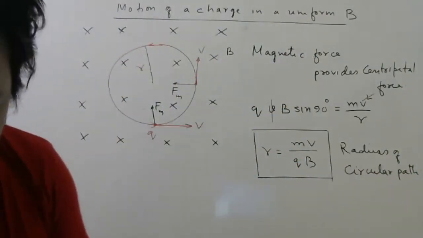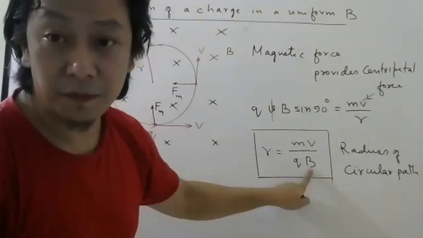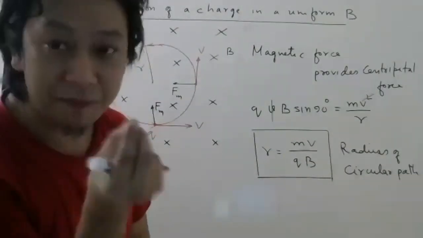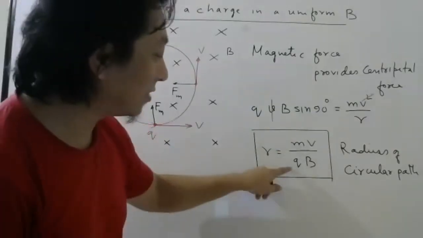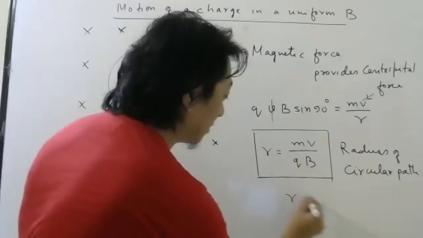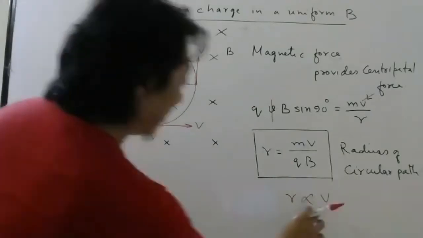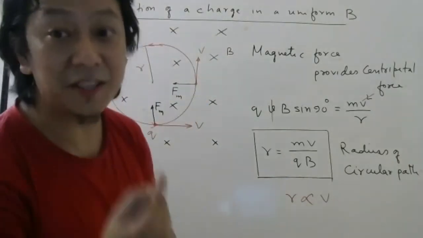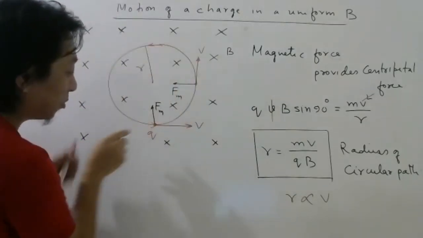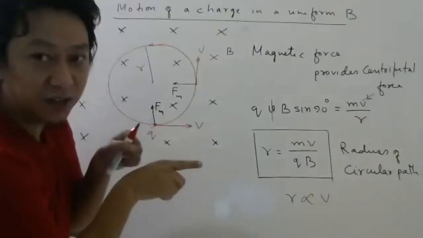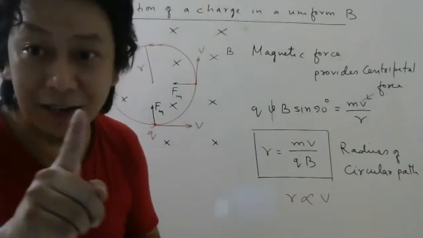It is very interesting, check once, that if you look here, magnetic field is uniform. And for same particle, mass and charge will be constant. If you take electron, mass and charge is constant. So the radius is proportional to velocity. Very interesting, which means if you increase the speed, somehow. How can we do that? When the charge reaches here, suppose I apply electric field this way for a short time, then that electric field will increase the speed, right? Electric field can do work.